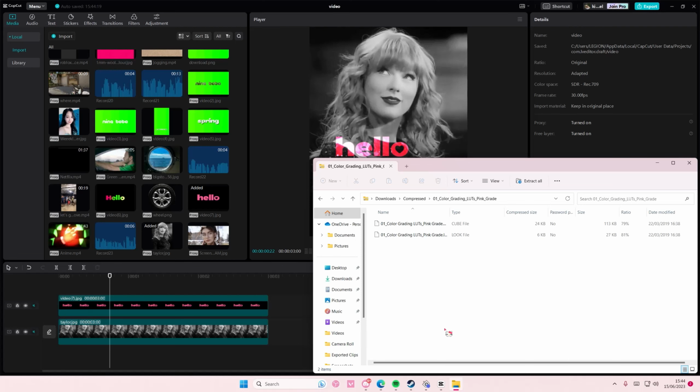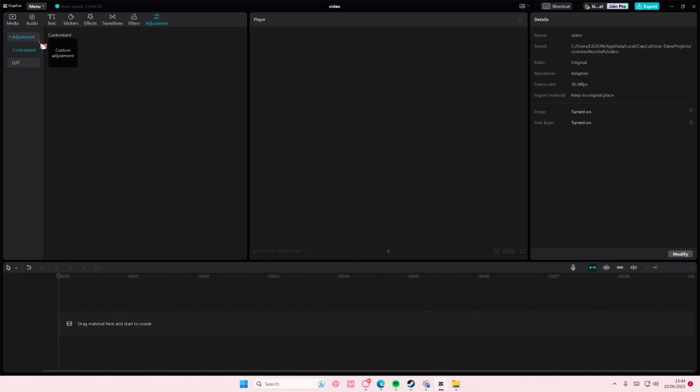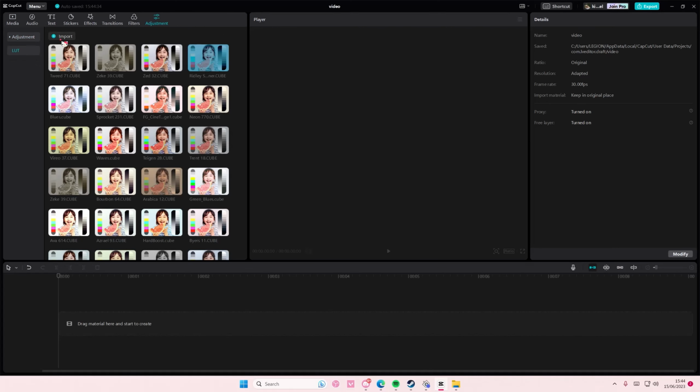In this video I'll be showing you guys how you can download and import LUTs into CapCut PC. So I just downloaded it off a website. You can use any website that you'd like, and I chose this cube file. To import it to the actual app, you're just going to select adjustments, go to LUT and select import,